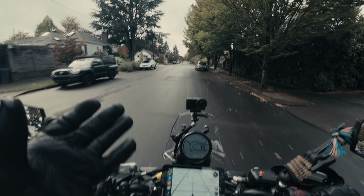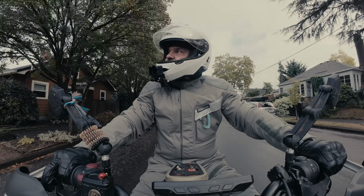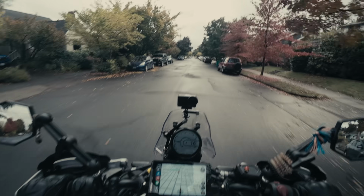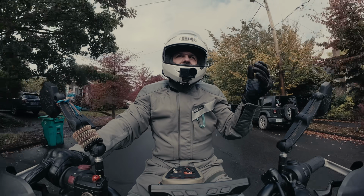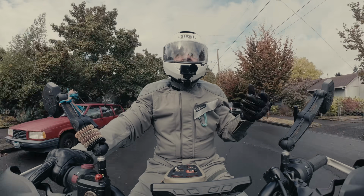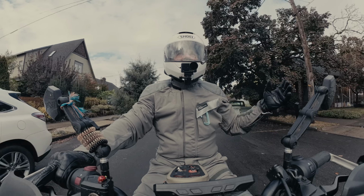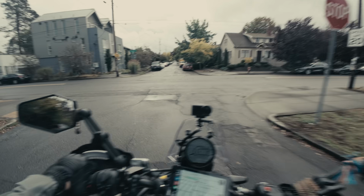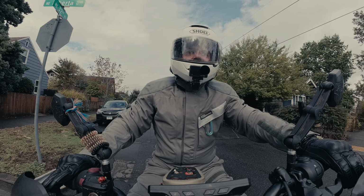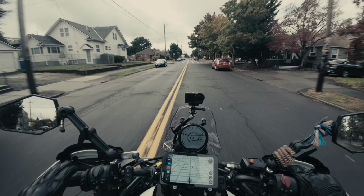I just happen to have a lot of experience on various types of roads, especially city riding, where this technique comes in incredibly handy. And for those of you following along at home, this city happens to be Portland, Oregon. You may have heard on the news that it's a war zone and continually on fire. As of today, I haven't really seen any wars or fires, so I don't know. We'll ride around. You could be the judge, but I'm just saying, it's a pretty normal day here in Portland,